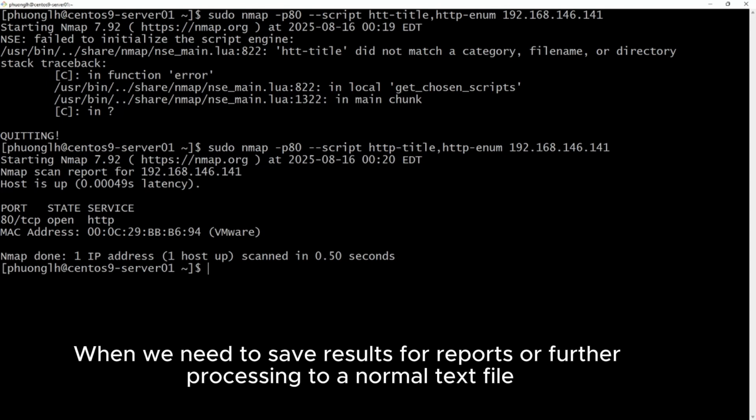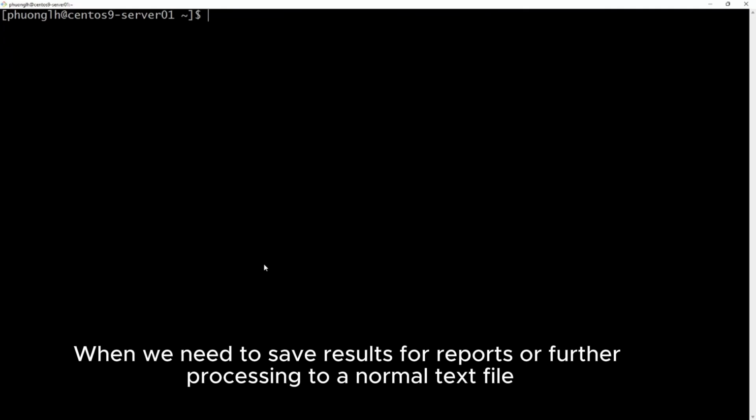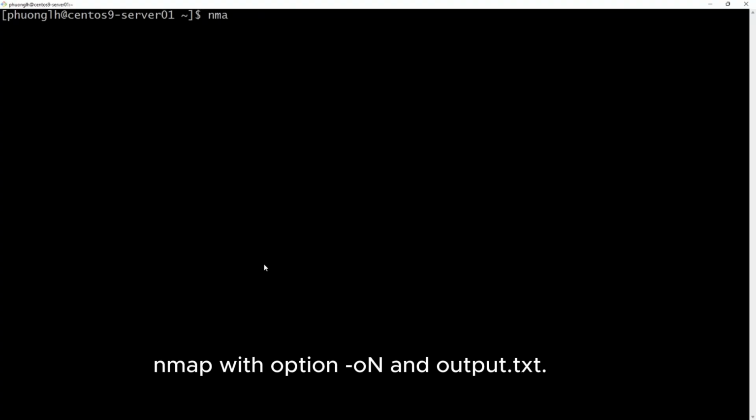Okay, when we need to save results for reports or further processing, we can save to a normal text file with nmap option -oN, uppercase O and N, output.txt.